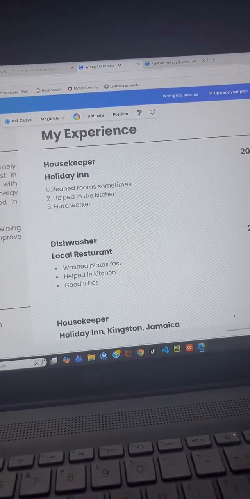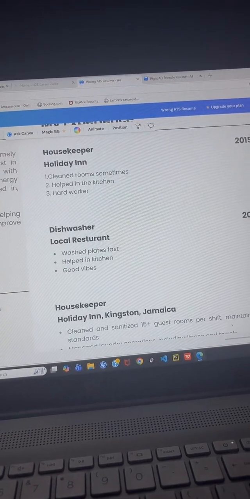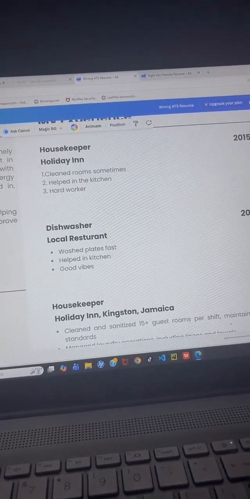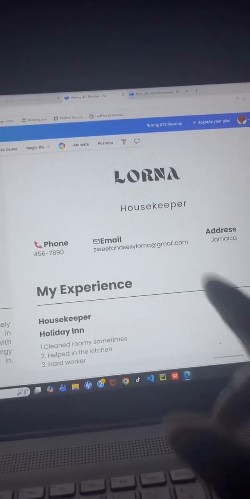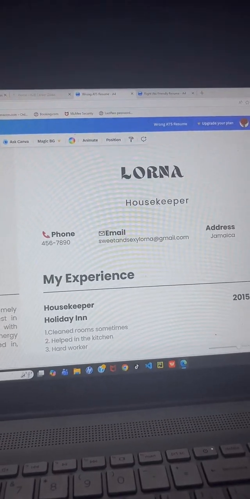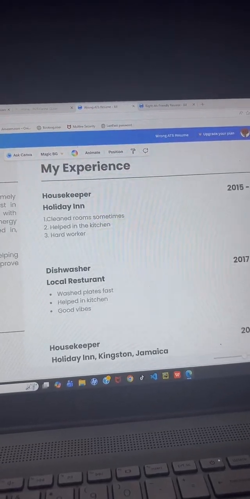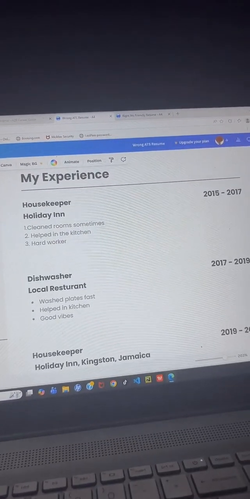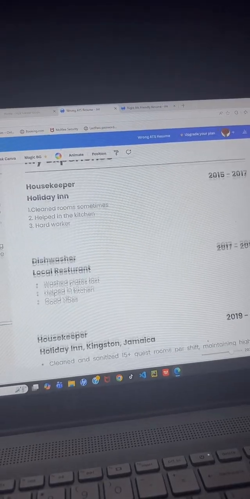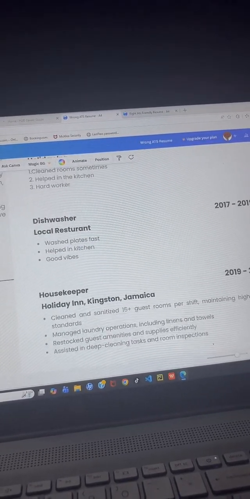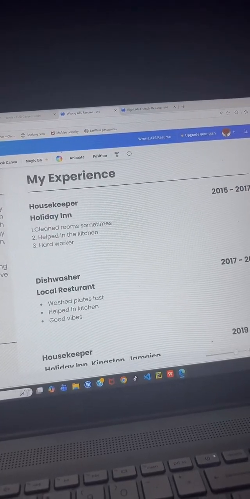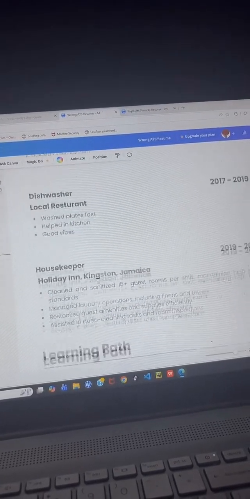So ensure that the work experience is matching the job position you are seeking. So this person is seeking housekeeper, but she used dishwasher as well. You should not do that. Ensure that whatever job position you are searching for, it matches the work experience.